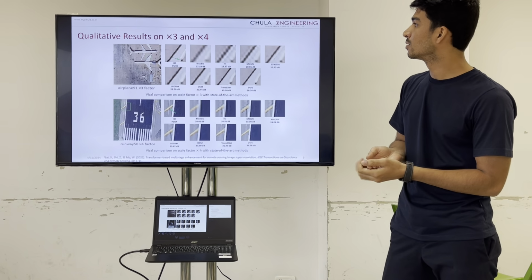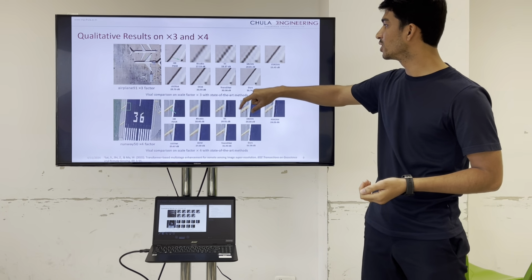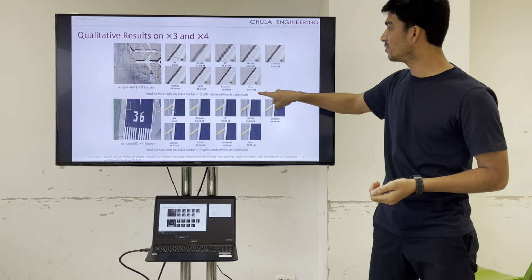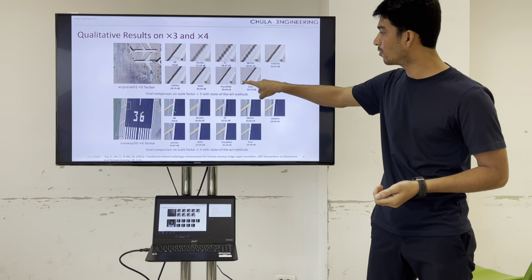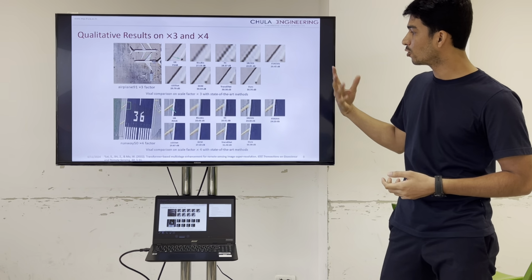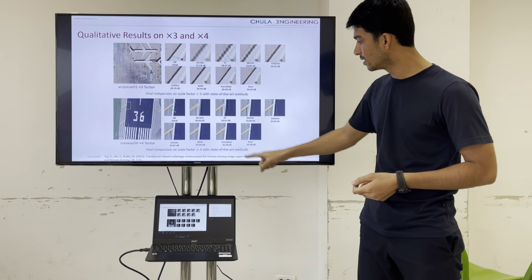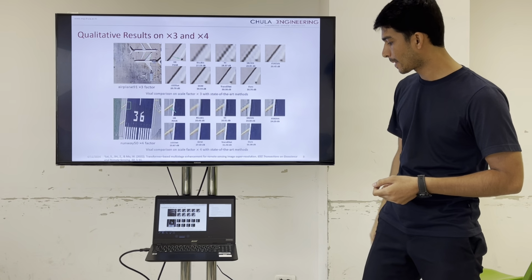And these are the qualitative results. As we can see, we compare this with the other, previous models, and in the last we can see that our model gets a better output result in visualization than the other models, and the same in this case, as we can see this yellow line.